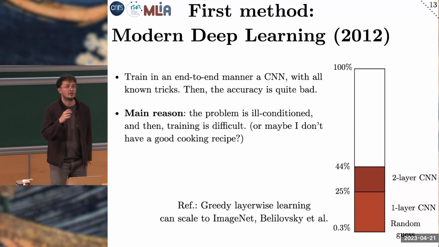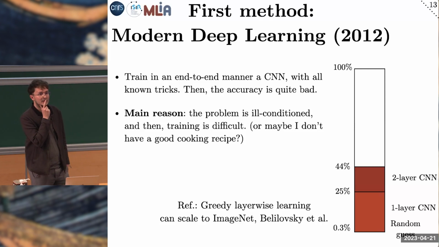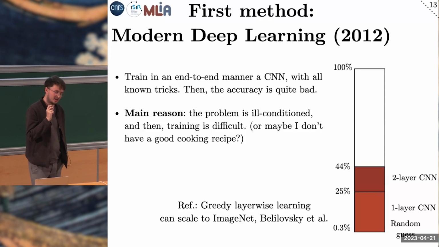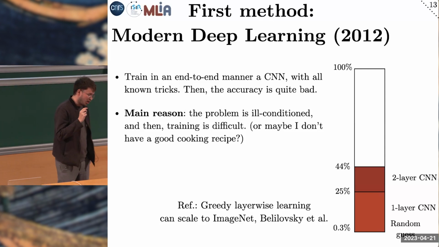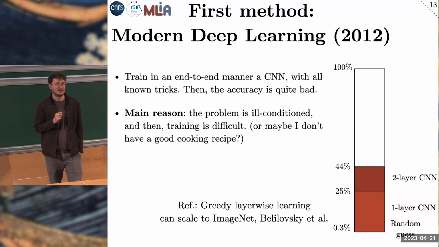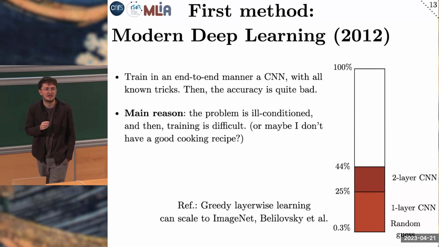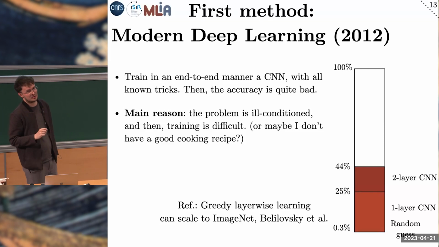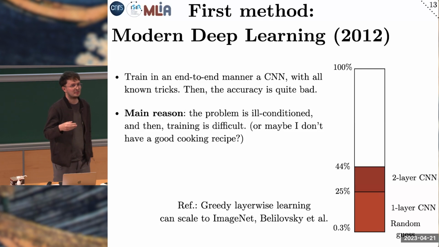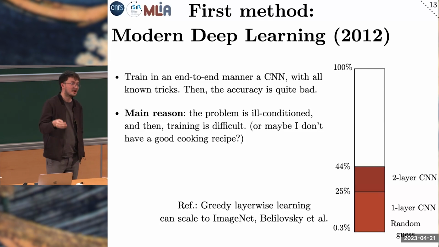Once I have a convex formulation, I can have a decent algorithm. I don't need to solve it to 10 digits of accuracy. I'm just going to go down. I'm not going to enter a local minimum that is not good. I mean, it's a good world, right? So second issue, the problem is pretty ill-conditioned, which means that if you want to achieve a good accuracy, you will need to train it for a long time.